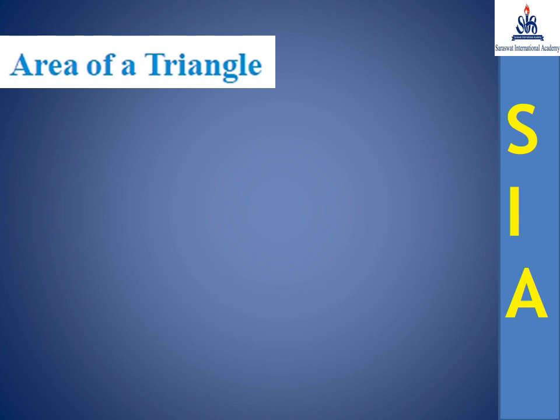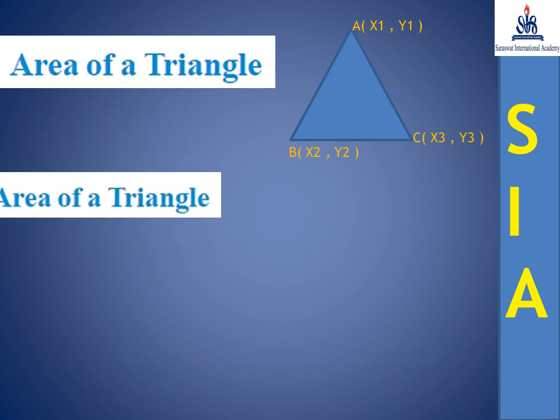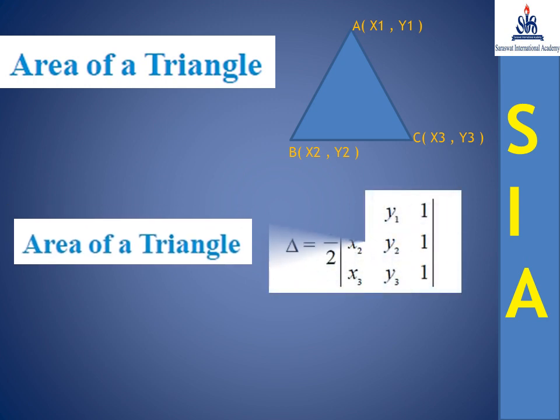In area of triangle, generally you know a triangle has three vertices: A(x1, y1), B(x2, y2) and C(x3, y3). We utilize all three vertices in a simple formula for the area of the triangle. Students, you must learn the formula by heart: area is half times the determinant with first row x1, y1 for vertex A, second row x2, y2 for vertex B, and third row x3, y3 for vertex C, and the last column you compulsorily write 1, 1, 1. Students, just remember the area of a triangle can never be negative, so always take the area as positive.